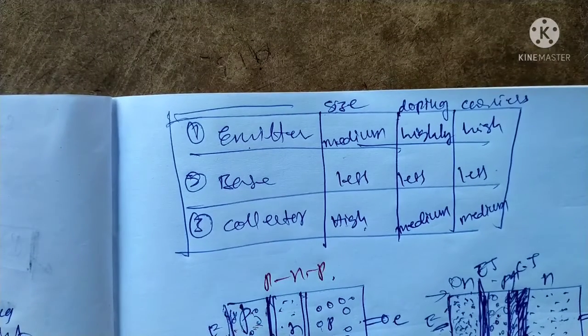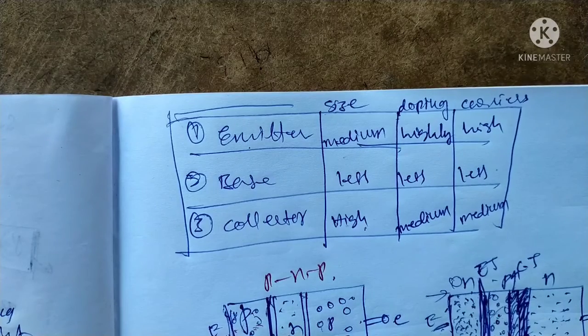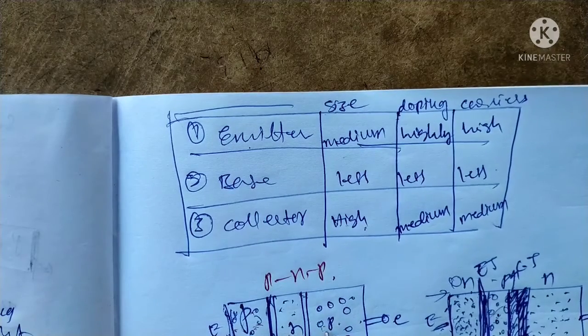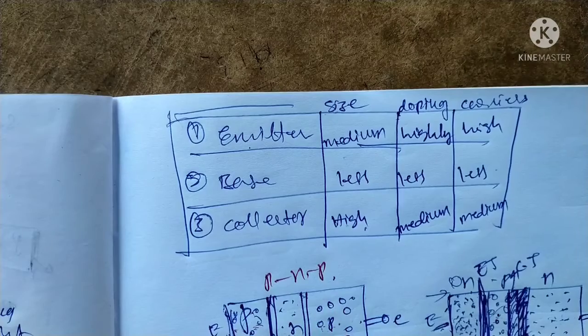What is the duty of the emitter, the base and the collector? The emitter transmits charge carriers, for example holes, to the base. What is the duty of the base? The base transmits the electrons or holes collected from the emitter on to the collector. The collector collects the charge carriers, electrons or holes, in the circuit. This happens in both PNP and NPN transistors.